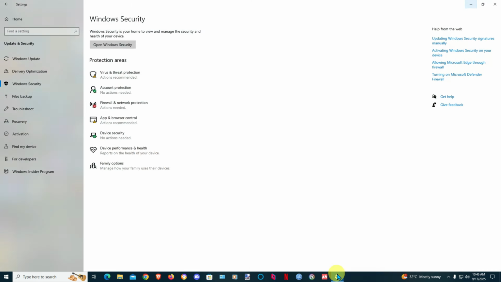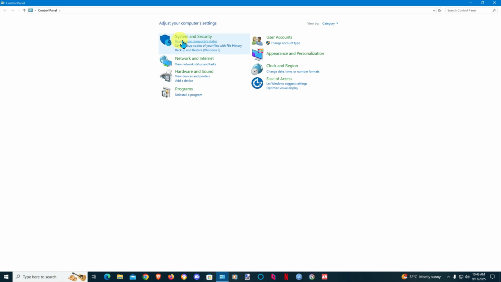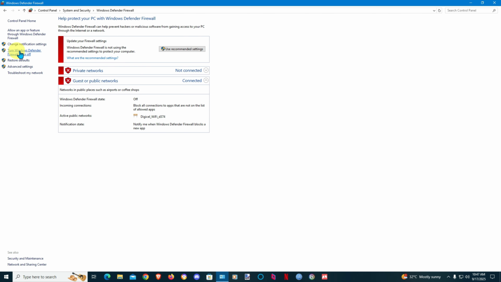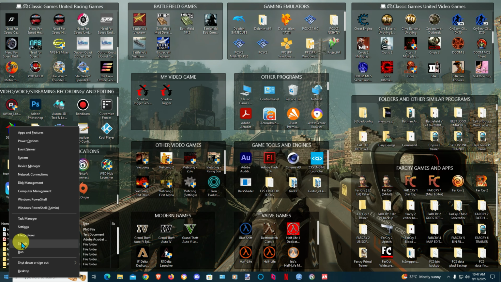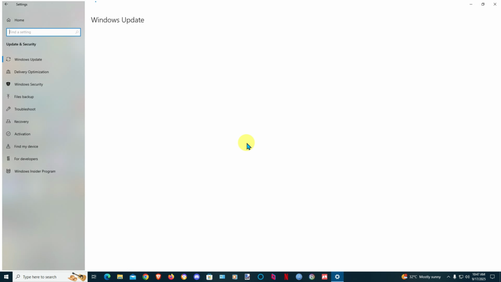So step 2 now, you will go to here, make sure firewall is off, completely off. Go to system and security, Windows Defender firewall, and make sure firewall is completely turned off. Then you'll go to settings on your PC, go to update and security,